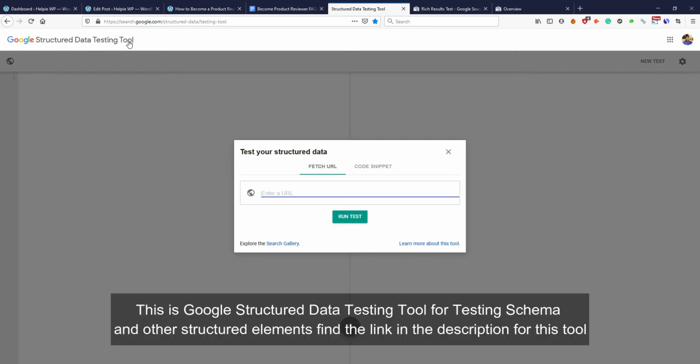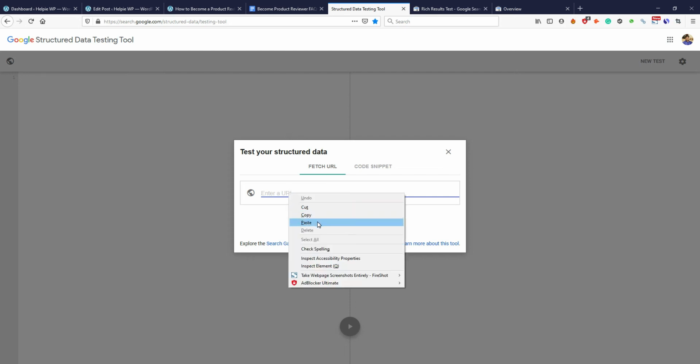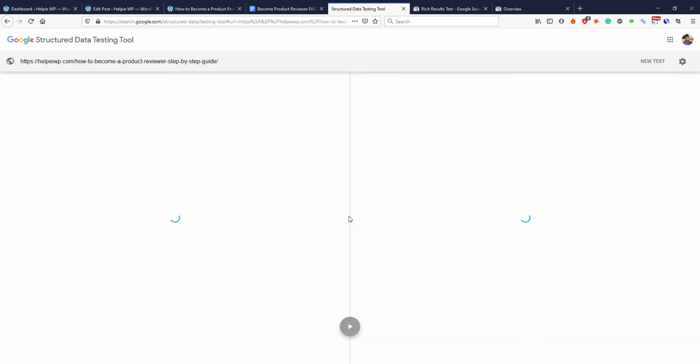This is Google Structured Data Testing tool. So what we have to do is copy and paste the URL here. So this will test the page for what all structured elements are there in our page.